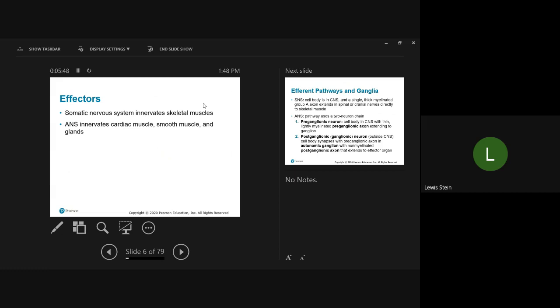You have a nerve that comes out of your brain or your spinal cord, and it synapses somewhere outside of the brain or the spinal cord, and then you have another nerve that goes to whatever the target is. And where all of those synapses occur, because they're outside of the central nervous system, they form what's called a ganglia. So the terminology that we use are pre and post ganglionic. The nerve that's going from the brain or the spinal cord to the ganglia is pre-ganglionic, and the nerve that's coming from the ganglion to whatever the target organ is, whether it's close at hand or far away,